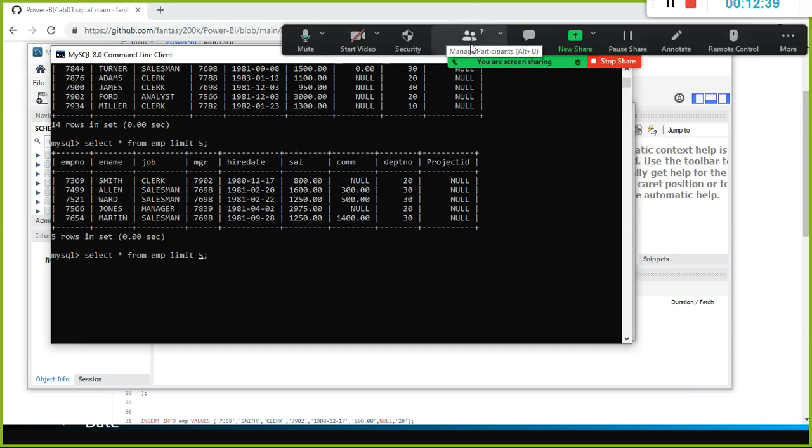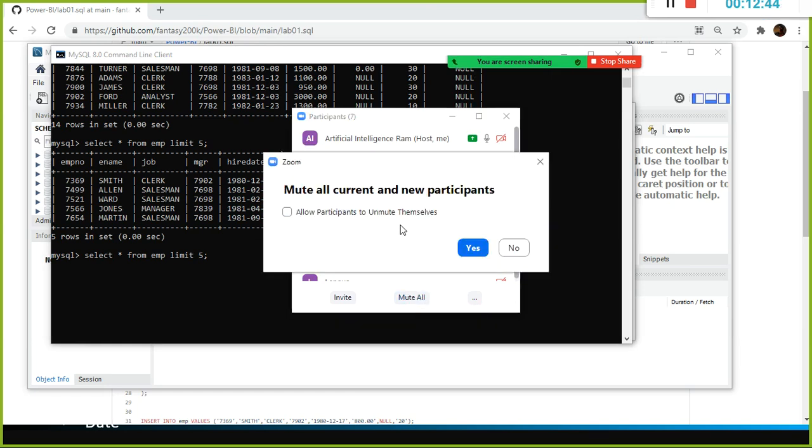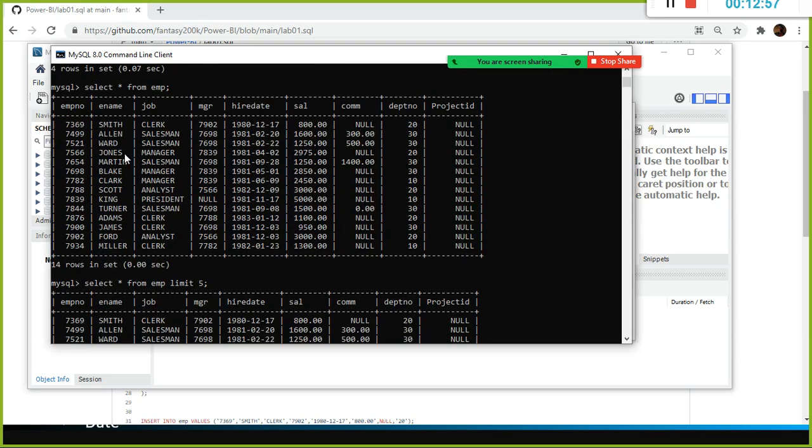So if you wanted to view the last 5 records, what you need to do is, one second. Last 5 records, right? Yeah, we can use limit, but here we need to know the total number of records in this table. How many records are there in total? Sai says 14 records are there. So these are called rows, the same as in Excel. In Excel we call them rows, and the cells are nothing but the columns here. So how many employees are there in this table? 14 employees.